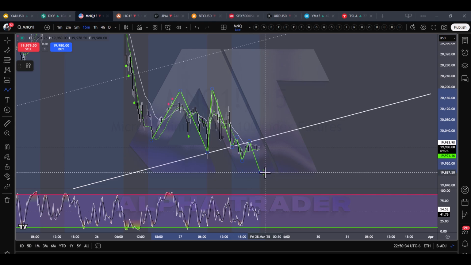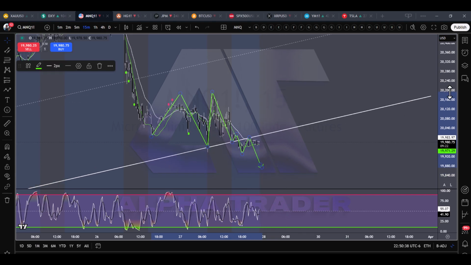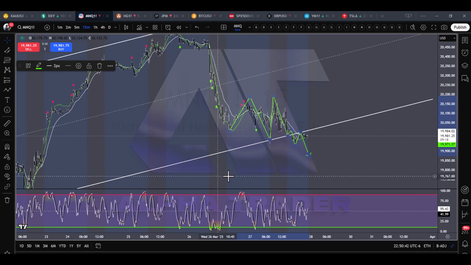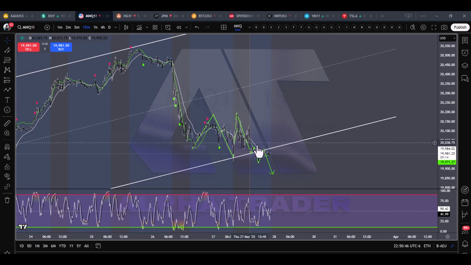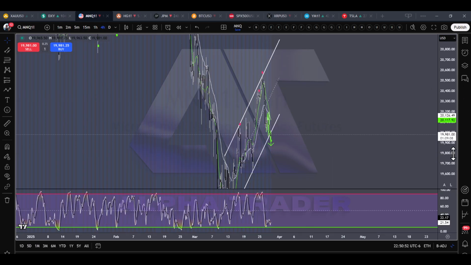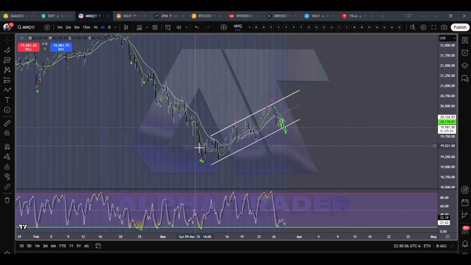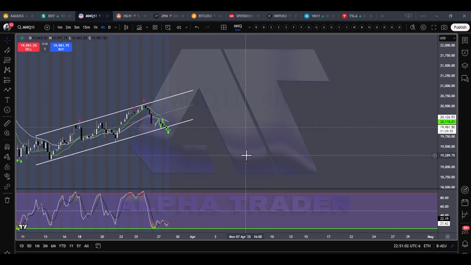So if this continues to break, this is a major change in the NASDAQ. I know this is the mini, but it also applies to the NASDAQ itself. This would be a major change starting to happen. So if we pull this out up on the 4-hour chart, if it breaks, now this becomes a pullback to go lower. So we're watching that very carefully here.